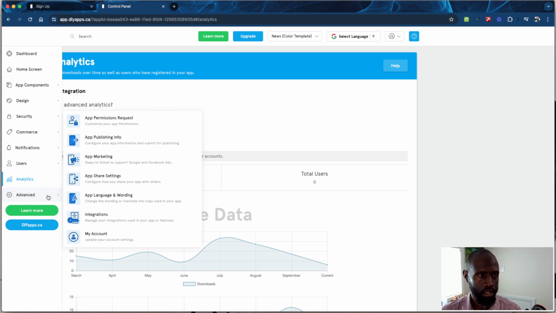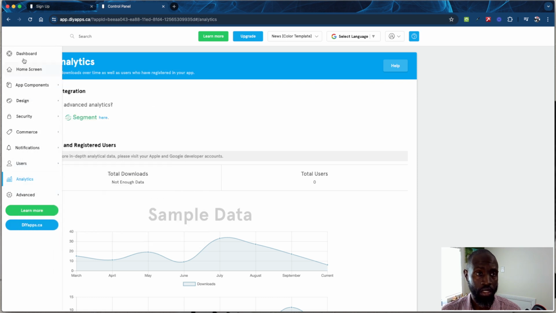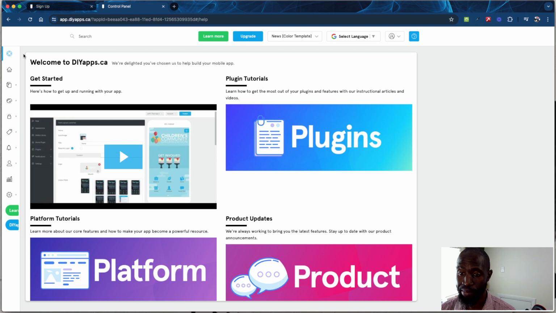And then to wrap it up, overall, that's pretty much how you can start off with your app. The biggest thing is, once you know your layout and how you want to display your app, just use the templates that we have and modify them according to your brand or your taste. And you can always reach out to us,